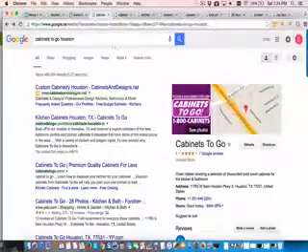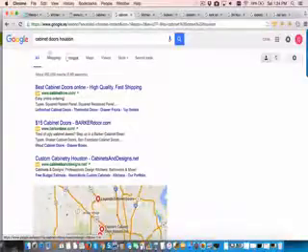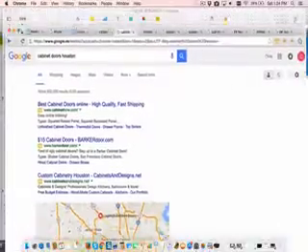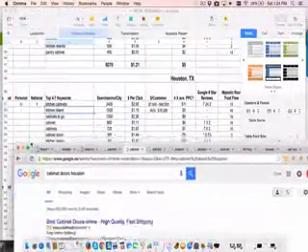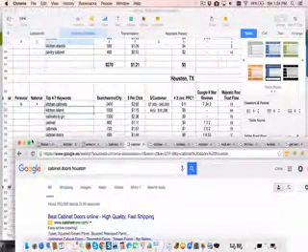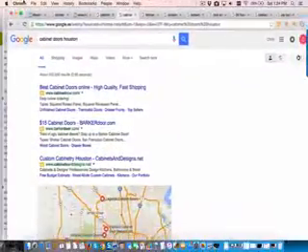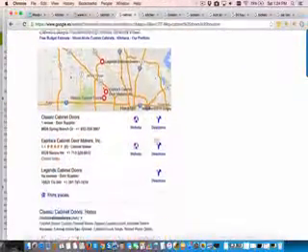So what's another one in here? Cabinet doors. So this was another one. I think this was the big one. No, yeah, cabinet doors. 480 searches. Again, seems really impressive on paper, right? But when you actually come in and look at it,